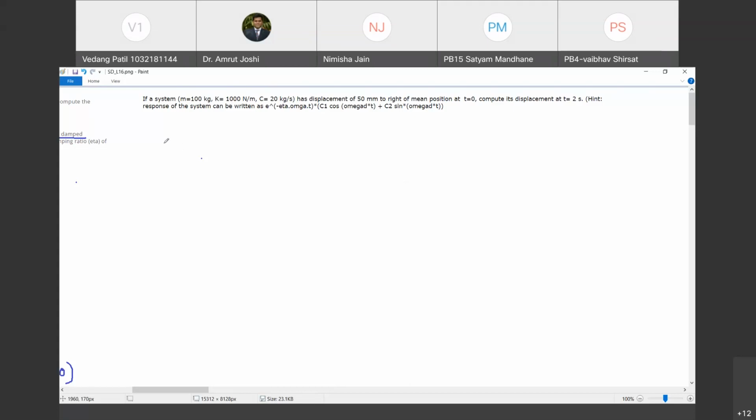Okay. So just before we go ahead, can you compute C star here? What will be the value of C star? 2 into 100 into... 2m omega, right? So root k by m. What is root k by m? 1000 by 100. Yes, sir. This is the value of C star. Compute this and tell me the value. So it is 200 root 10. Yes, sir. Just a second.